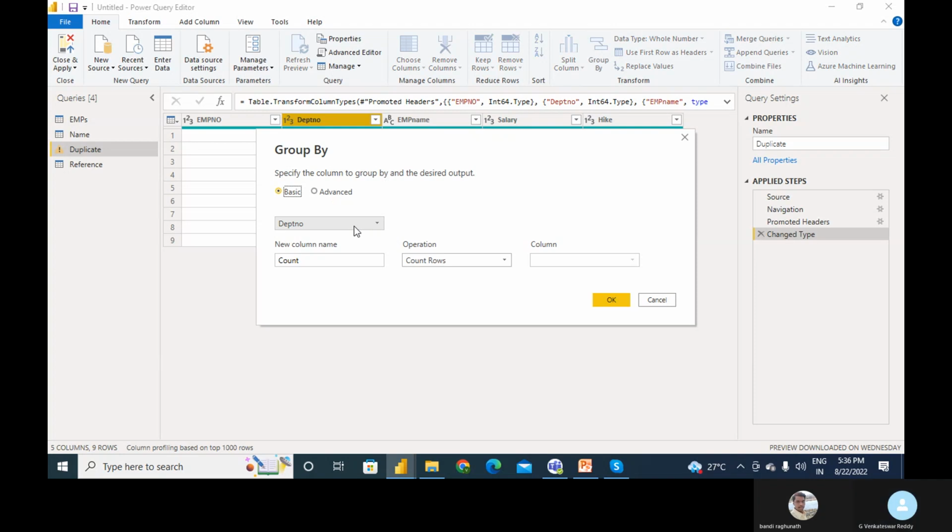here the base column is department number and the new column is the operation. I'm taking it as a sum, column as salary. Okay,